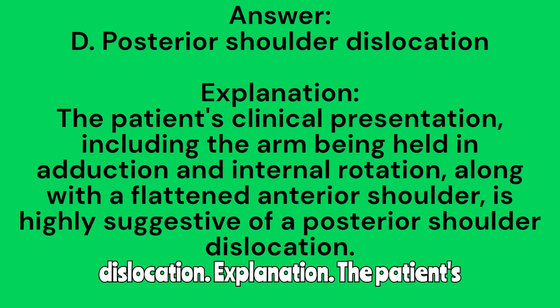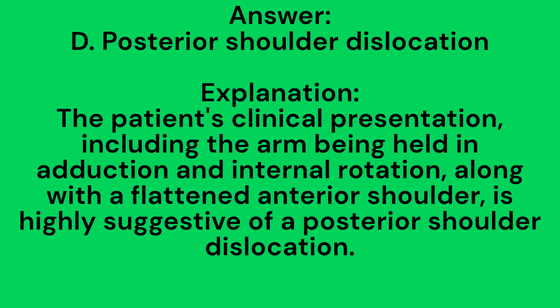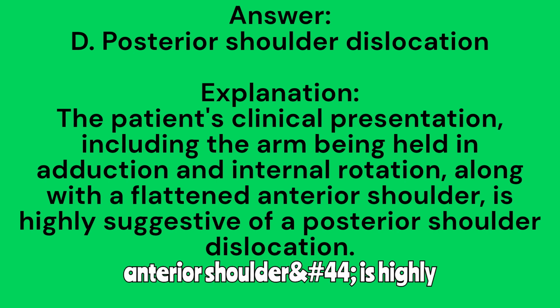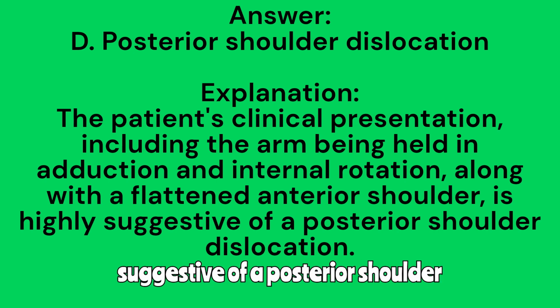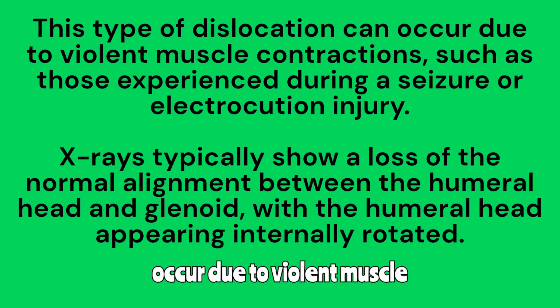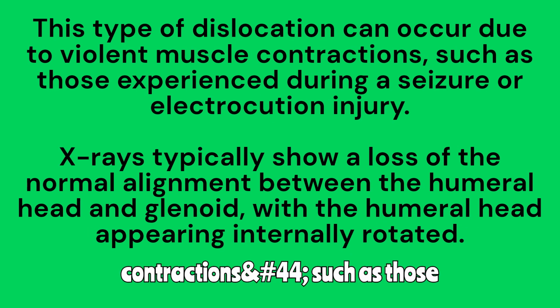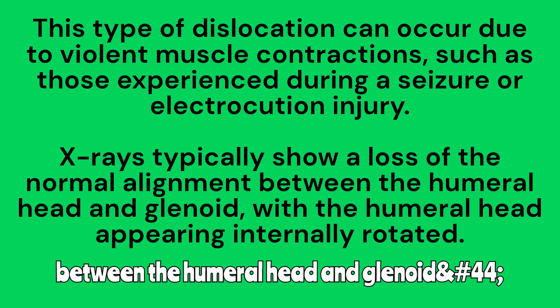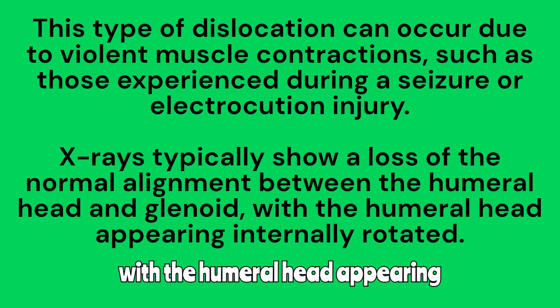Explanation: the patient's clinical presentation, including the arm being held in adduction and internal rotation, along with a flattened anterior shoulder, is highly suggestive of a posterior shoulder dislocation. This type of dislocation can occur due to violent muscle contractions, such as those experienced during a seizure or electrocution injury. X-rays typically show a loss of the normal alignment between the humeral head and glenoid, with the humeral head